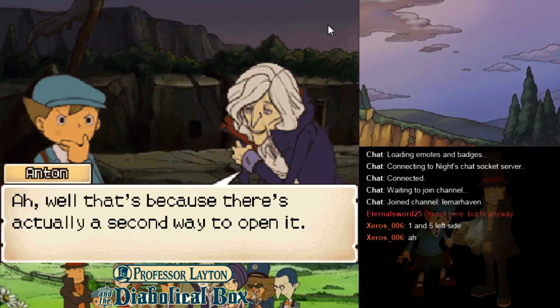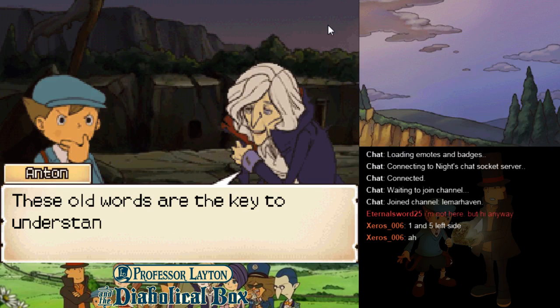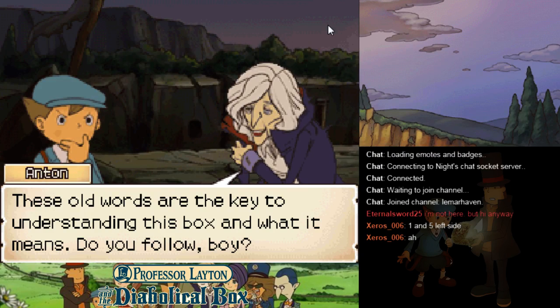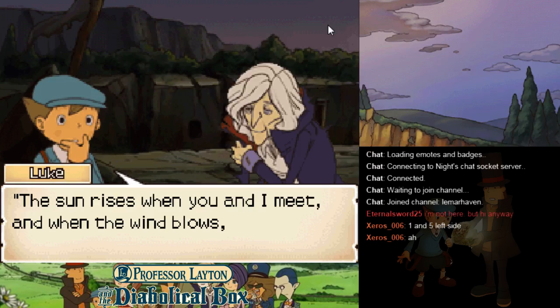Ah, well that's because there's actually a second way to open it. Which is going to be a puzzle. The sun rises when you and I meet, and when the wind blows, you will know my heart. These old words are the key to understanding this box and what it means. Do you follow, boy? I think so. Let me give it a shot. The sun rises when you and I meet, and when the wind blows, you will...